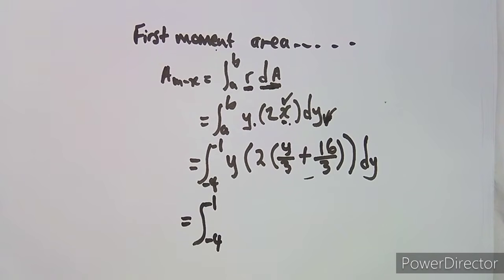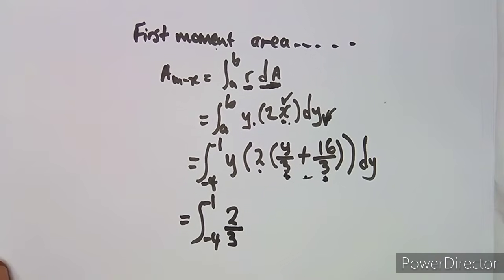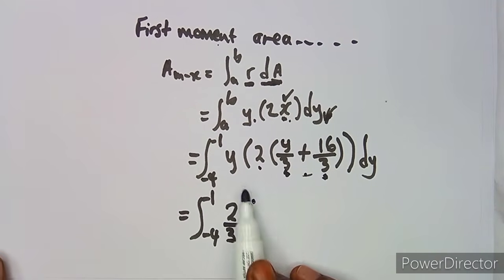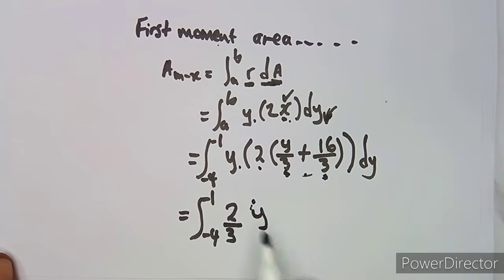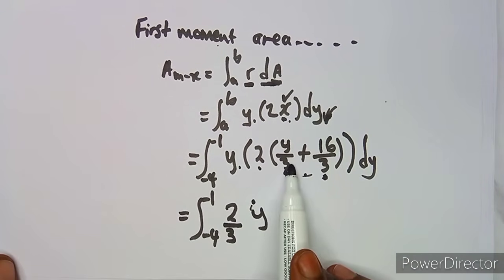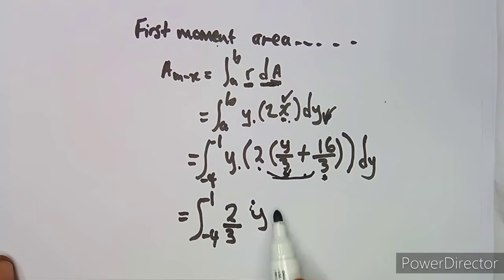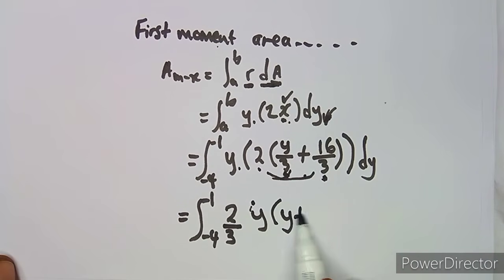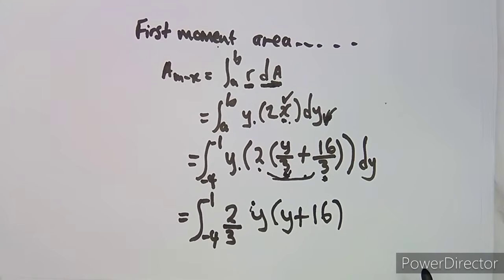I can see that this 2 here was supposed to multiply this bracket. These 2 were supposed to multiply everything, but I cannot waste that time, I can just leave it like that. This 3 is common here, guys. As you can see, this 3 is common, so you can take it out of the bracket, factor it out. If I factor it out, I'm going to be left with this y alone, and I have taken these 3 out of the bracket, so I'm going to be remaining with y plus 16. Does it make sense, guys?